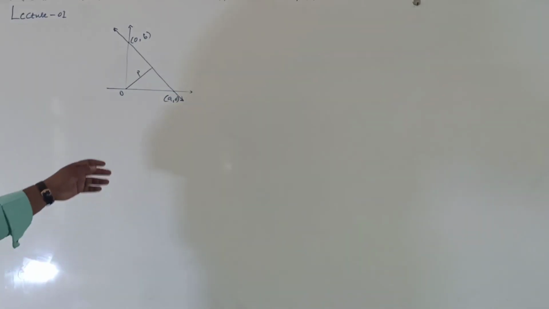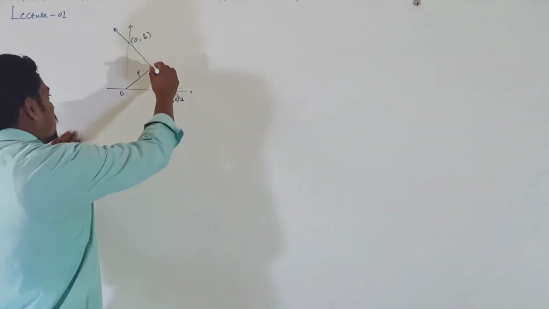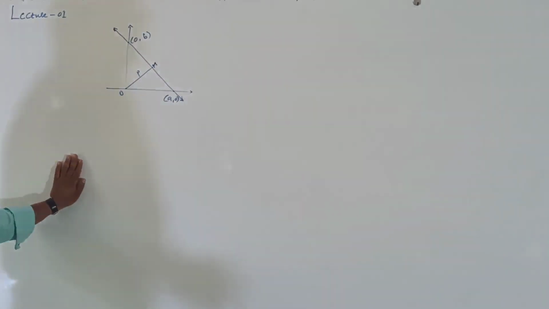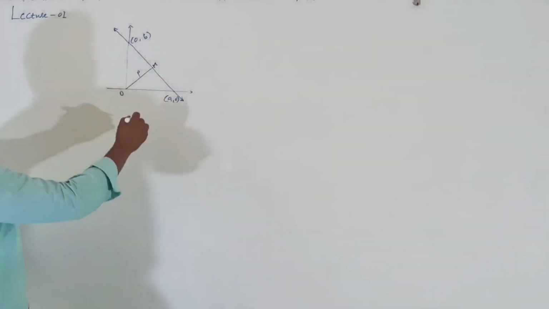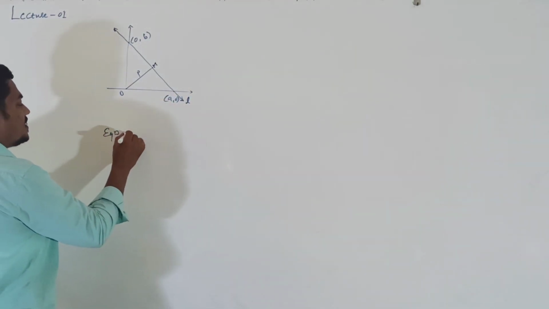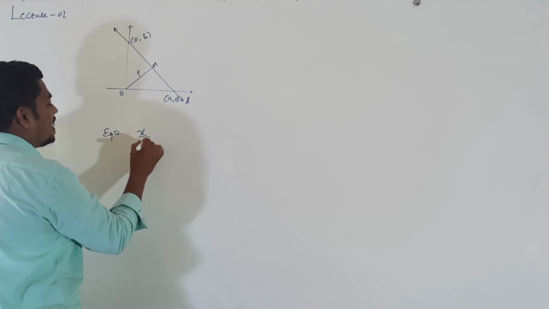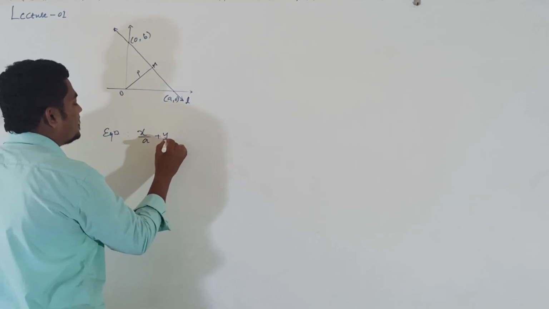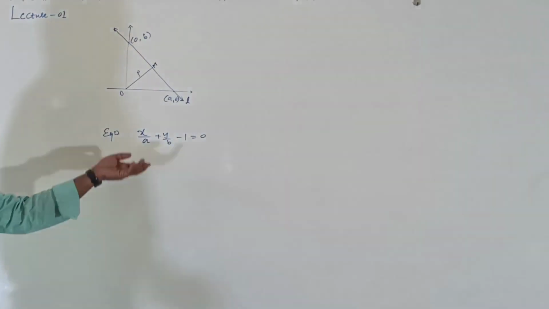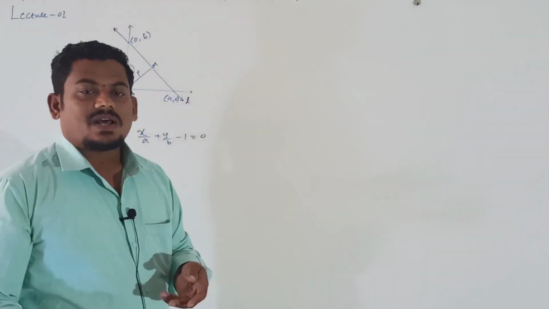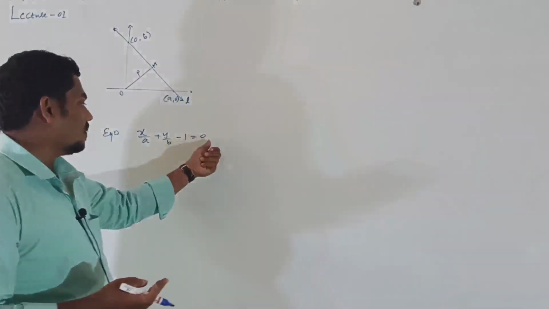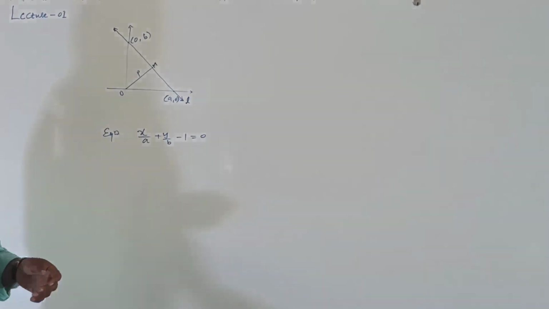Now, OM is equal to P they have given. Tell me what is equation of this line L? Equation is clearly x by A plus y by B is equal to 1, or minus 1 equal to 0, right? Equation of the line in intercept form, x by A plus y by B equal to 1, or take it into LHS, then it will be minus 1 equal to 0.